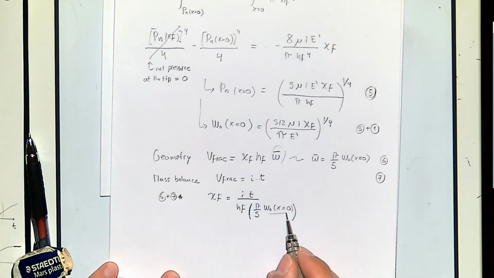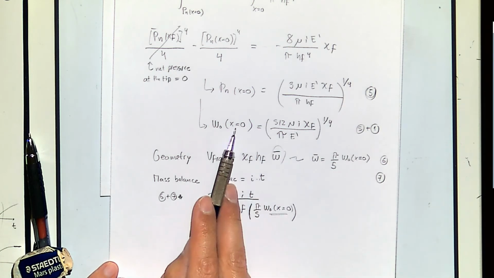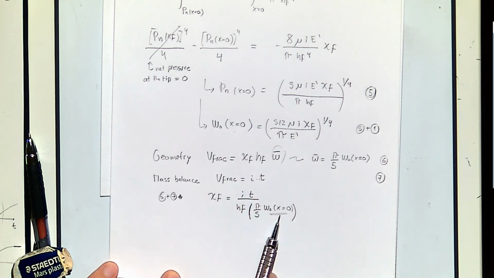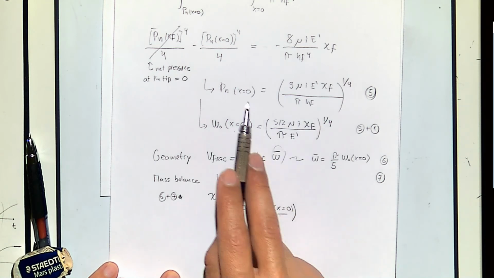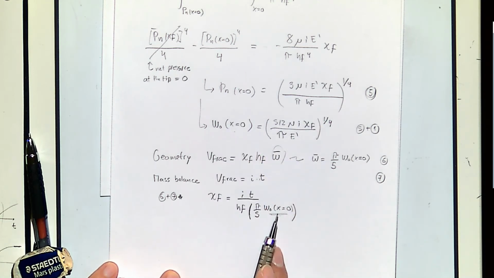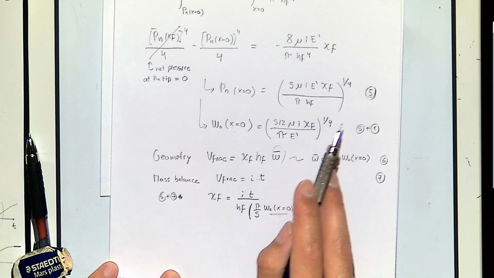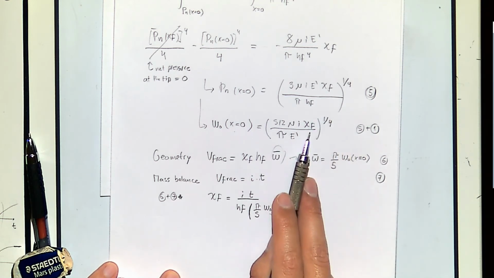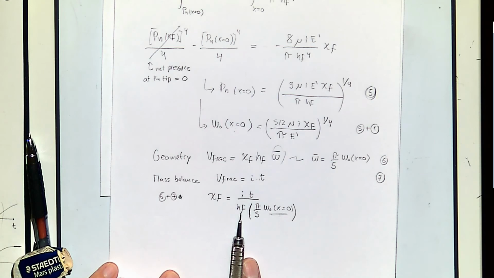This thing is actually this equation over here. We know what that value is. So now in these equations, I can replace the fracture half length by this amount, and I'm going to obtain the final equations of the PKN model